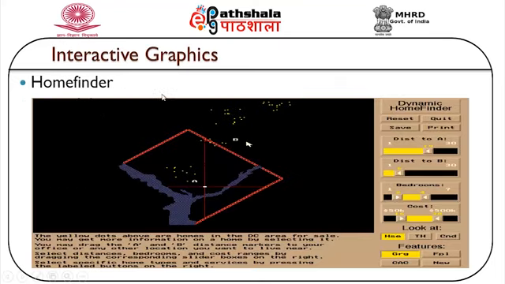Next is another interactive graphics application called Home Finder. Using this application, an end user can check for homes. Suppose a person is interested in renting a particular house; he has to give his preferences inside Home Finder: what rent he can afford, how many bedrooms there should be, what the size of the house should be, and all such criteria. Once we say search, the Home Finder tool will automatically show all the relevant homes